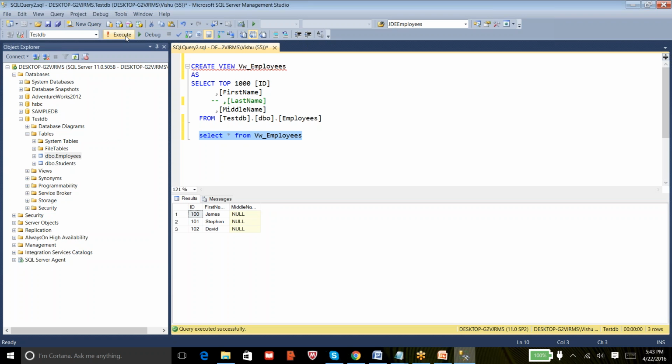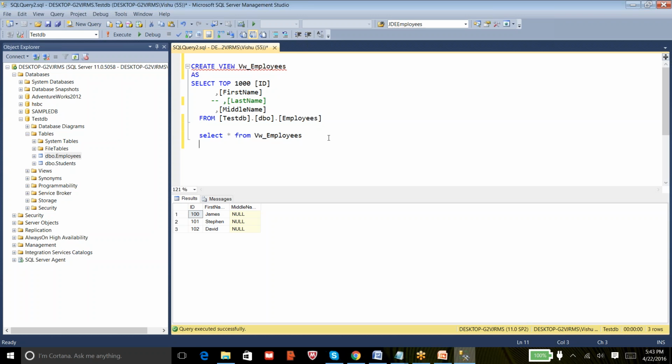It doesn't show him the last name. So with the help of a view, we can secure the data. That's one advantage of it. But a view is nothing more than a T-SQL command which is associated with a single name inside your database.